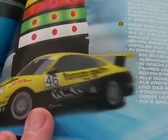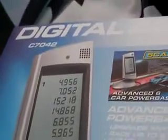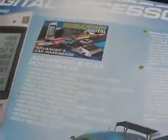This is the pit stop game. You get it with that Porsche set. And we're just moving on to the 6-car power base. This keeps everyone's times on, and this can have 2 power packs in it, like so, and the product code for this is C7042, by the way, and you can have 2 power packs in,